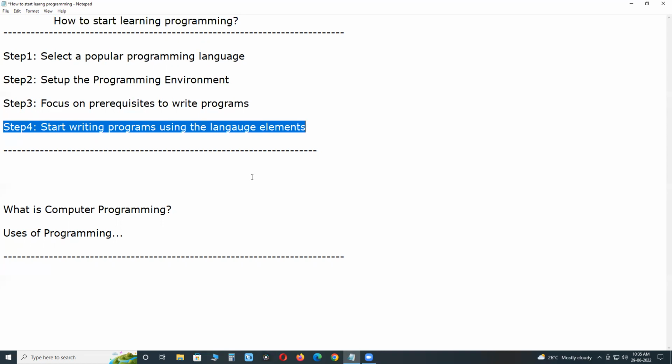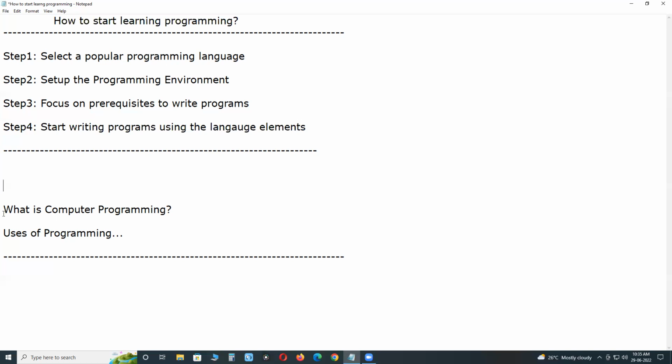Before discussing these topics, first, what is computer programming? Simple question. A computer program is a sequence of instructions written using a computer programming language to perform a specified task by the computer.